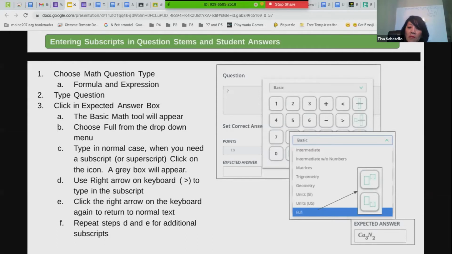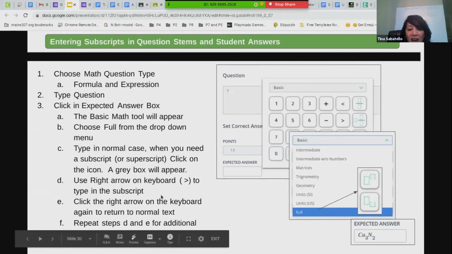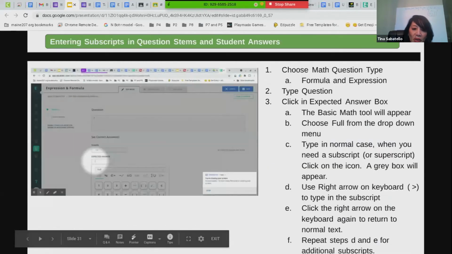Now, this is both for this, not just the teacher, but it's also for the student. So I do have to teach my students how to use the tools. So sometimes I'll just give them like practice, like a warm-up question, and be there to guide them so they know how to type it in correctly. Of course, if they don't type it in correctly, I can override the auto-graded question and fill in the points if they don't make it a subscript. So I do that. So I'm not going to read you all those directions. Just want to show you they're there for you.